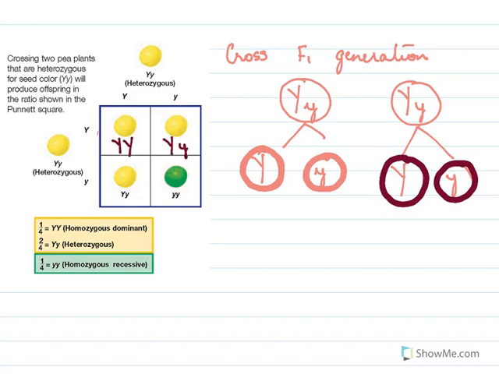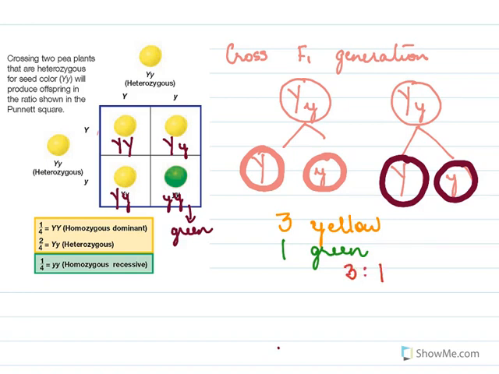So here you had Y, Y yellow, Y, small y yellow, Y, small y yellow, and here both were small, so this would be green. So we have three yellow and 1 green. So ratio 3:1. This is the phenotype ratio,